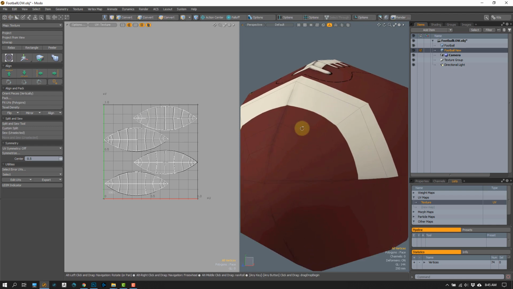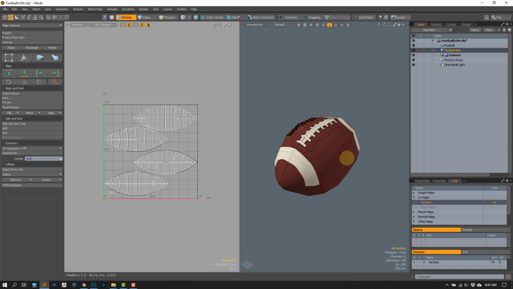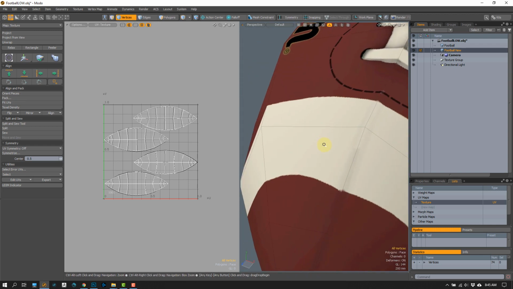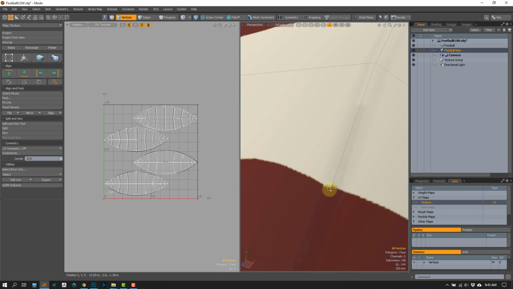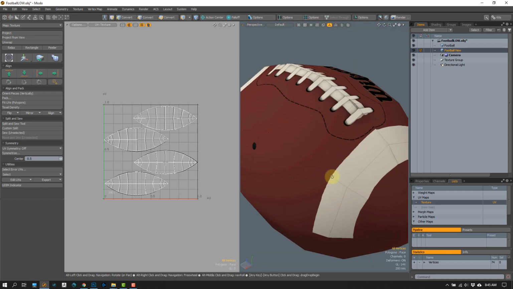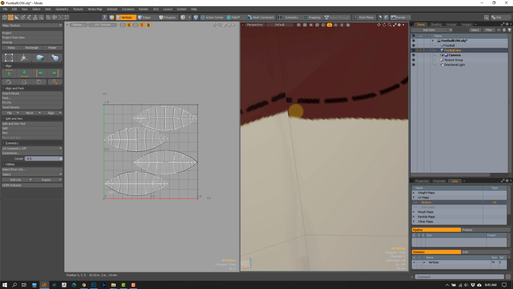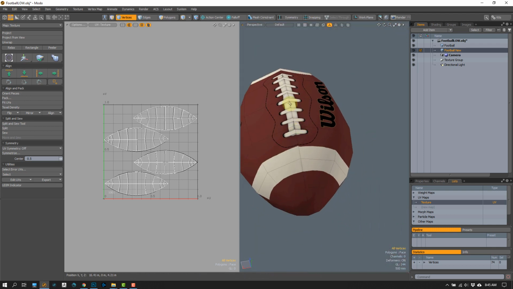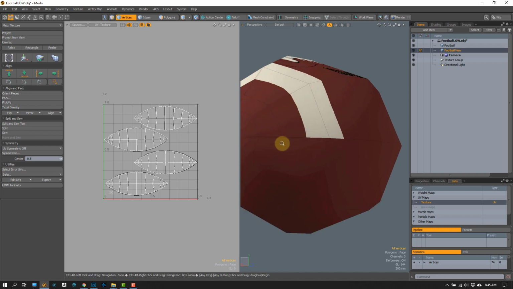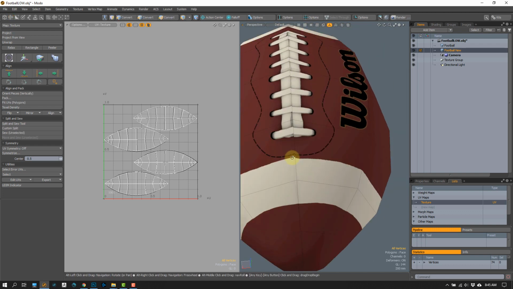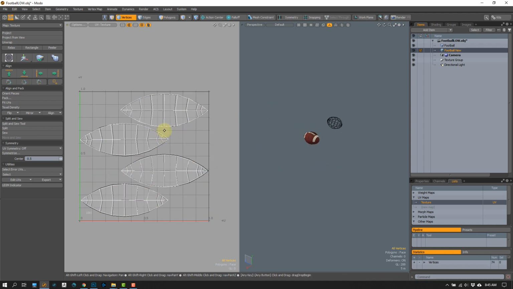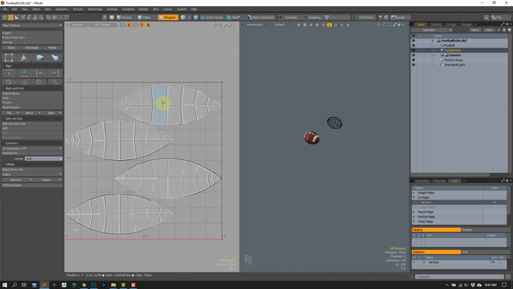If I look at this overall, from this angle, everything is lining up pretty good. But if I zoom in here, I can see where things just aren't lining up perfectly. Depending on what your unwrap is, this one's way off, but depending on how your unwrap is and what your texture is, this could be more of a problem. It just depends. Probably if this was in a game and the ball was really small on screen, it wouldn't be a big deal. But ideally, I don't want you guys to leave